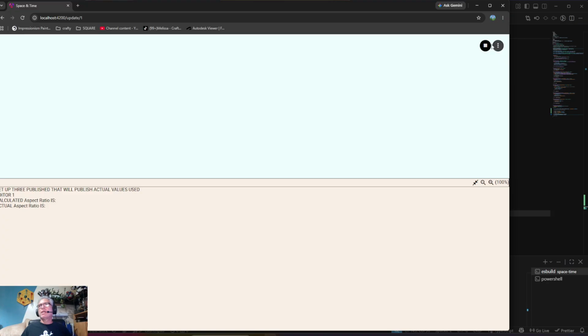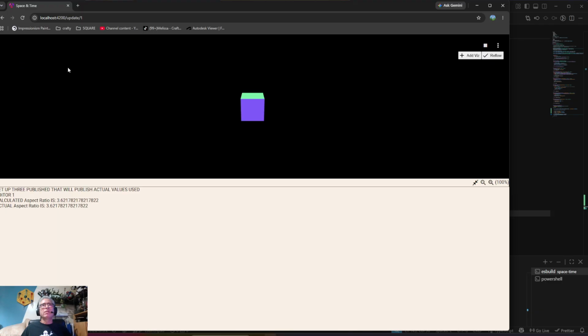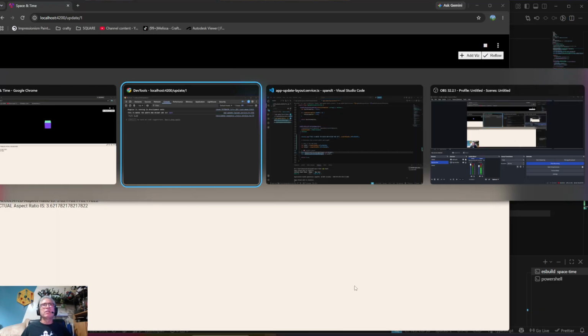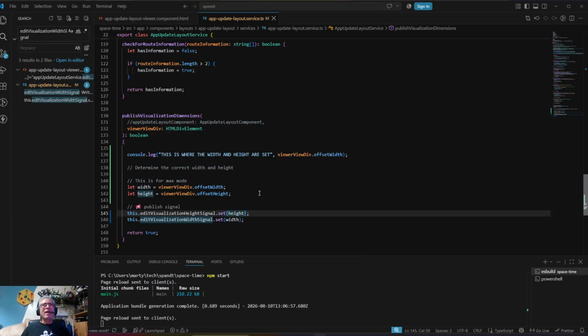Let's go ahead and go back to this view. Let's go ahead and add one. Update, yeah. And then if we look at our console log, we'll see that 1829 is the width that it's supposed to be. Okay, so now the question is, when we do the publish dimensions, it doesn't, well,